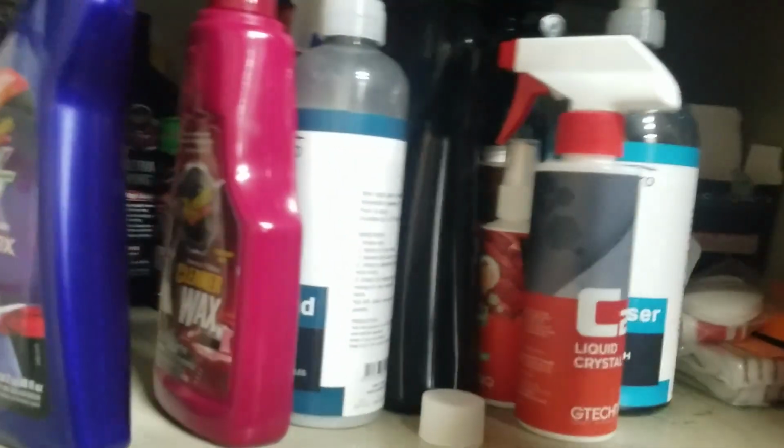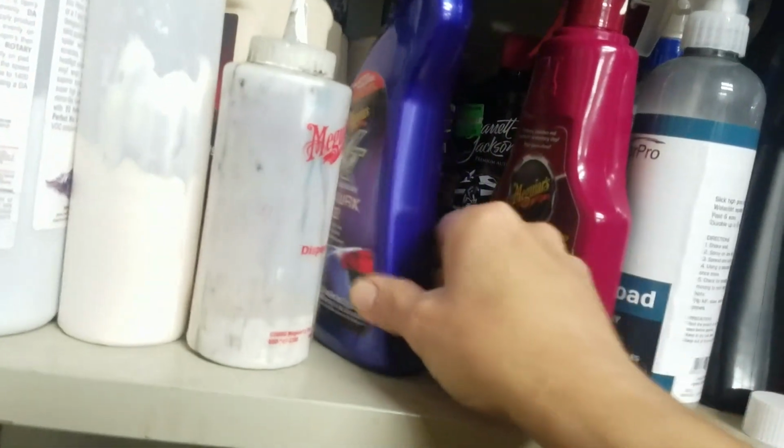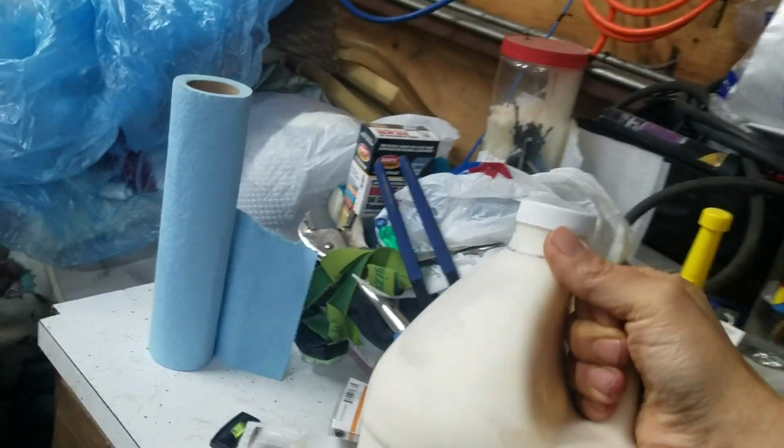I found a good product that I've been using. It's a good polish and sealant all in one. Yeah, my cabinet's a mess. I don't use this stuff much anymore. I've been using this a lot still for my wash and waxes, but I've been talking people into doing this one shot, which is,